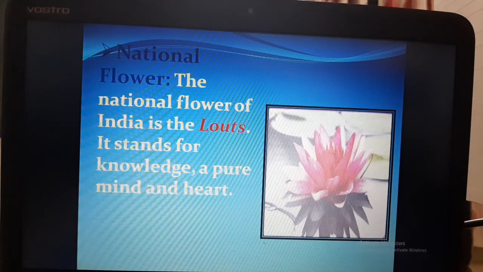National flower. Which is our national flower, students? Yes, tell me fast. Yes, the lotus. The national flower of India is the lotus. It stands for knowledge, a pure mind and heart.